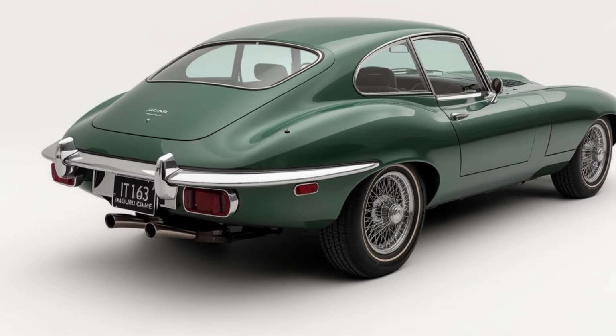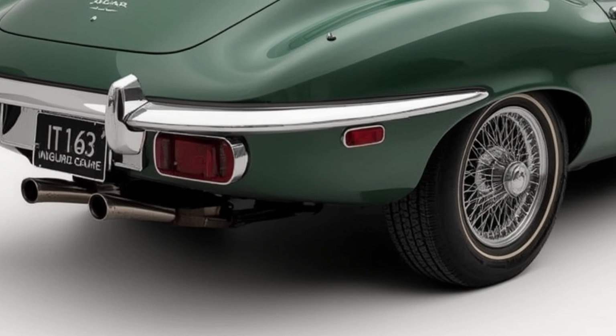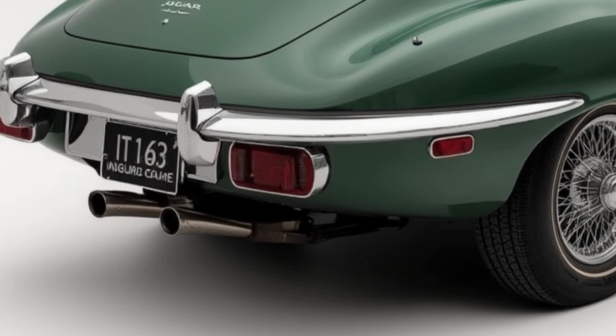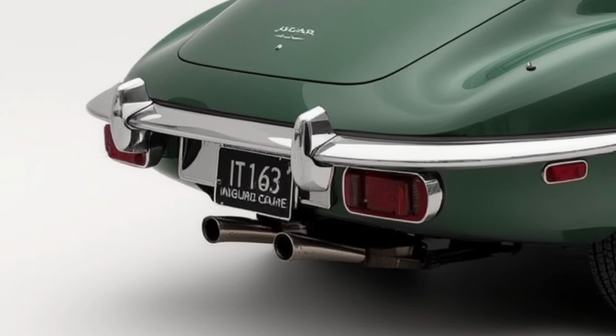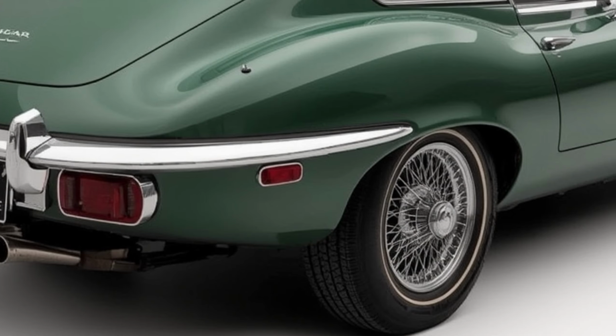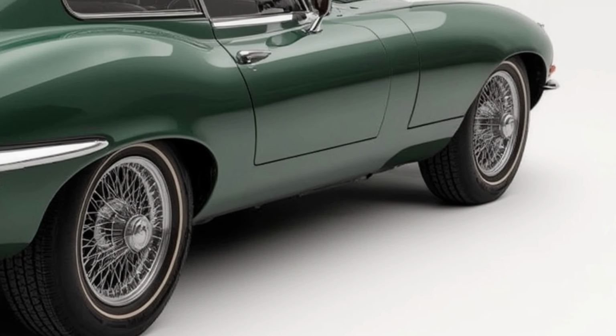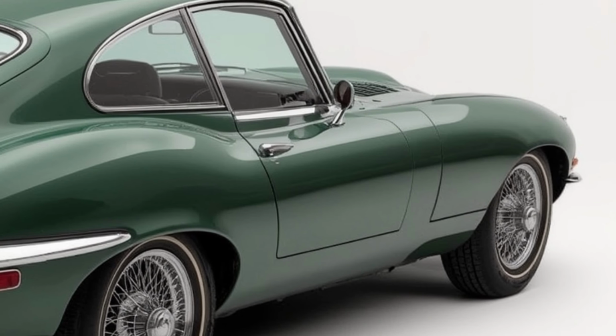And let's not forget the overall driving experience. The power steering was light but communicative. The brakes, with four-wheel discs, brought the car to a halt with ease. It was quiet, comfortable, and yet had the soul of a sports car tucked away underneath all that sophistication. Whether you were the driver or the passenger, the S-Type made sure the journey was just as rewarding as the